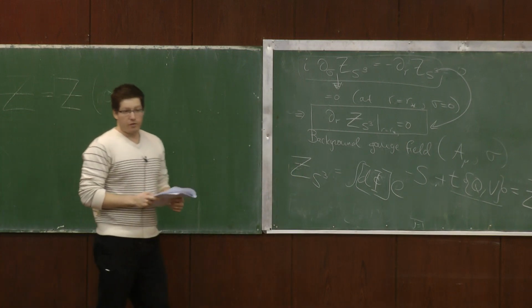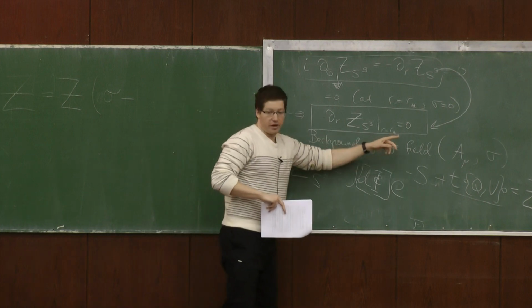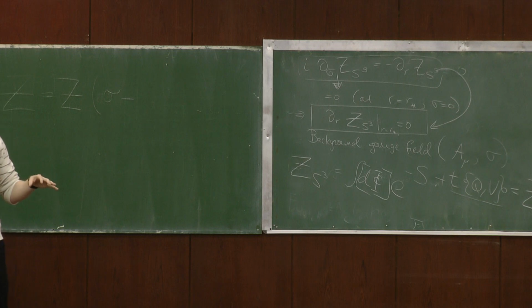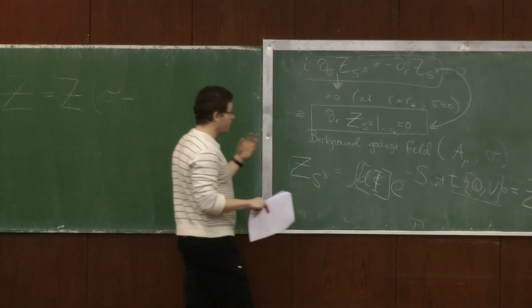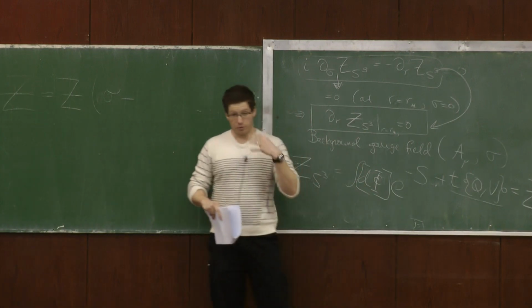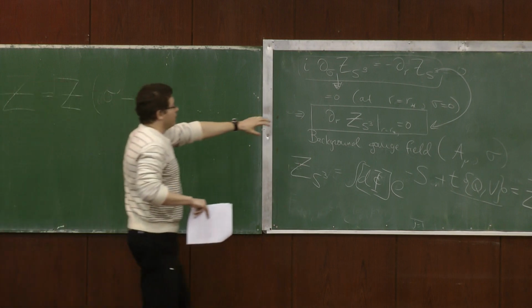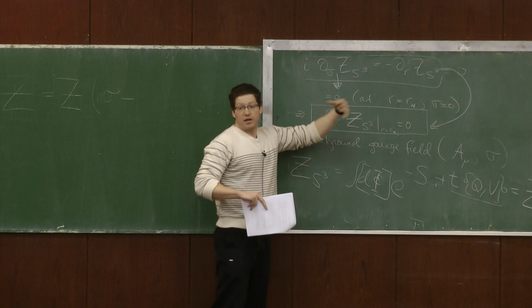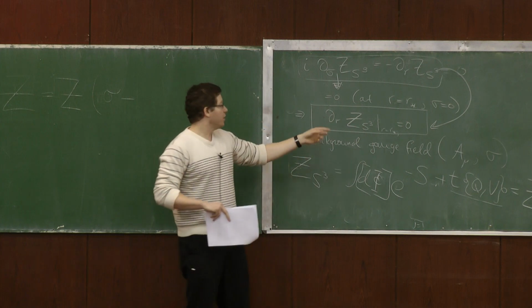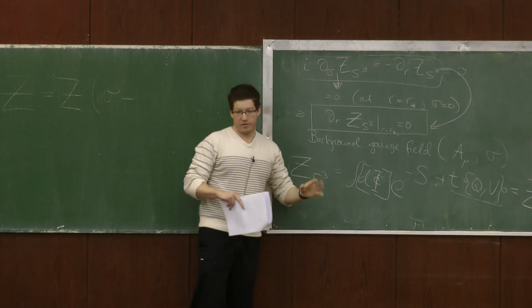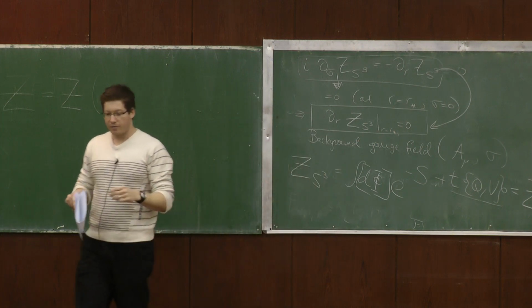There is one special choice for this R symmetry, which I call R star. This is the choice for which this theory can also be understood as a conformal image of the conformal theory in flat space. This is called R star. This is the choice of the R symmetry that corresponds to the superconformal N equals 2 multiplet. What this equation means is that if you compute the partition function as a function of this choice of the R charge, it's stationary, it's extremized at the critical choice R star. Or in other words,